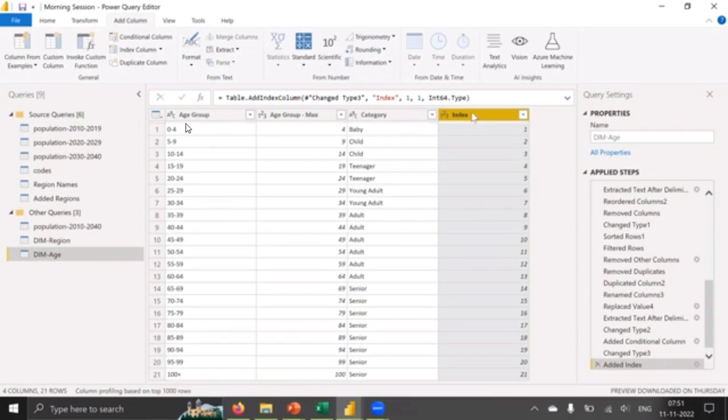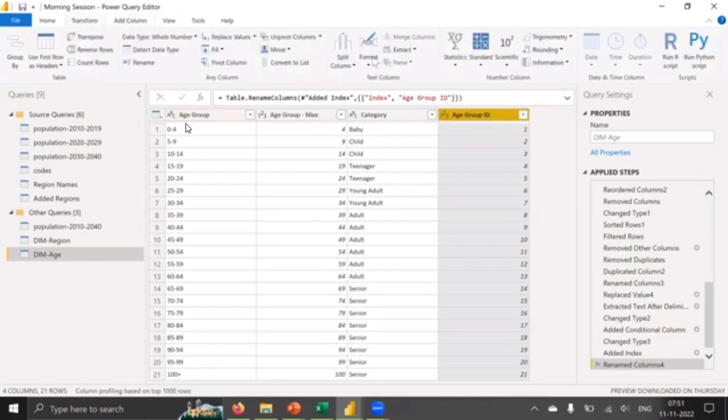So now we can rename this index column as age group ID. Okay. Age group ID, and move it to the beginning of the table. Okay, so basically you either drag this column like this, or you go to transform, make sure to select the age group ID column. Okay, you go to transform, and under the move option here, it is present in the any column section of the ribbon. You click on move and select to the beginning. Okay,